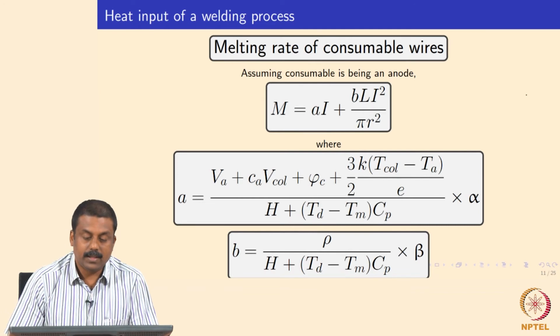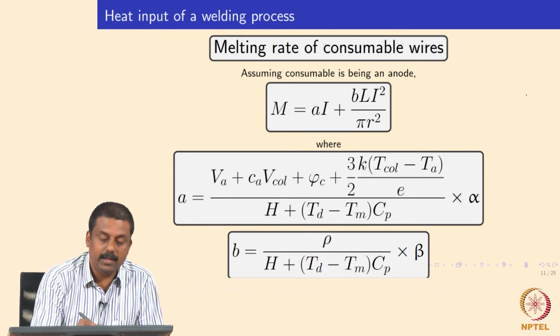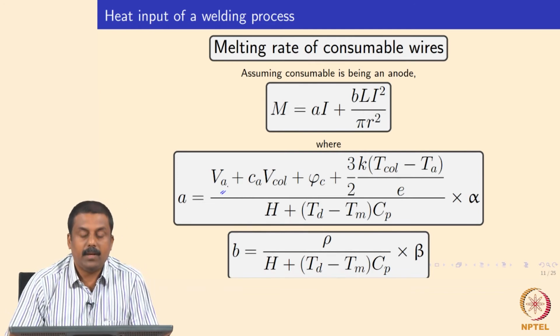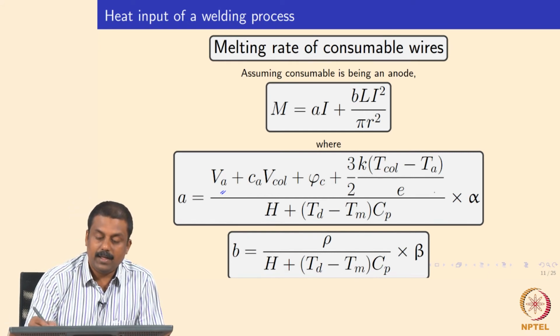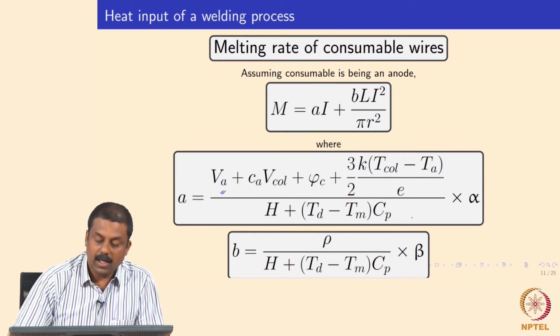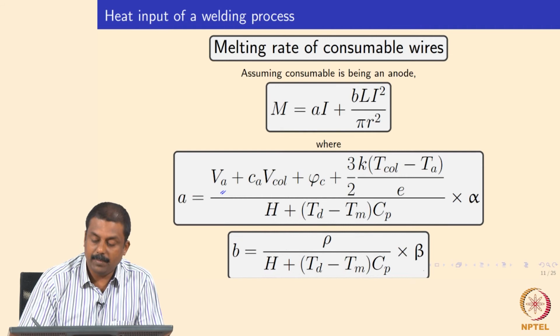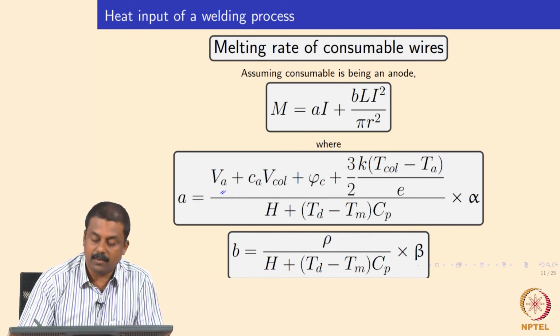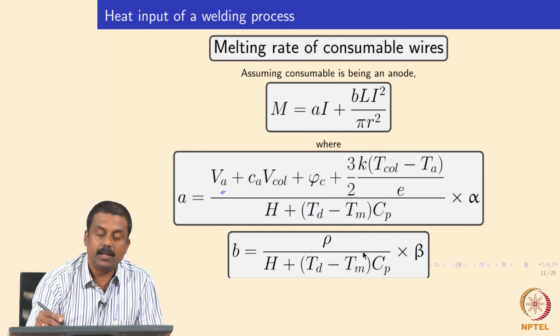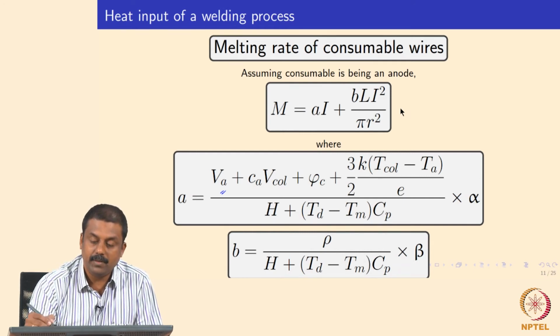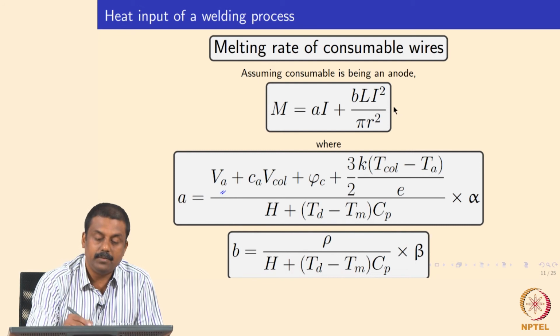So if your electrode is an anode, you will have the amount of heat that is there in your electrode tip, and the energy needed to heat up the electrode above the melting point, and these two together give you an equation